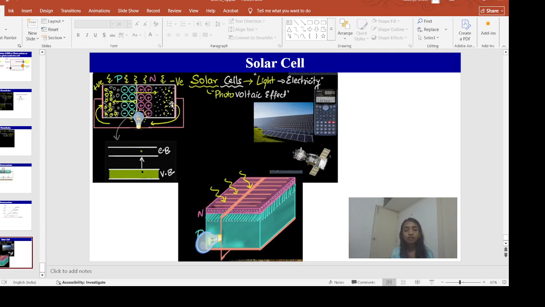So in this case, the electrons that are accumulated here will start flowing through this bulb, and they will come over here and recombine with the holes in the P region. And your bulb will glow. So here you can see in the solar cell we are not using any supply to glow the bulb. This PN junction diode, this device itself acts like a battery. So this is the main difference between your photodiode and the solar cell.